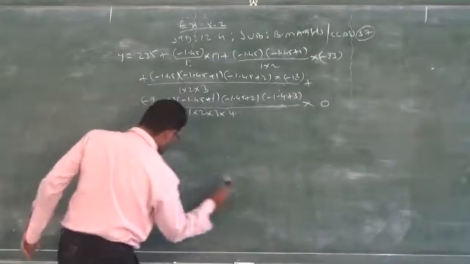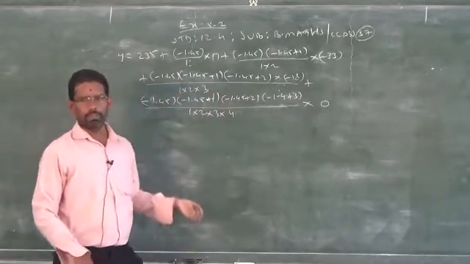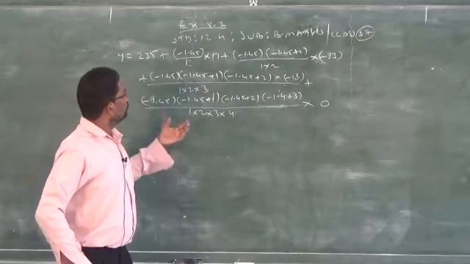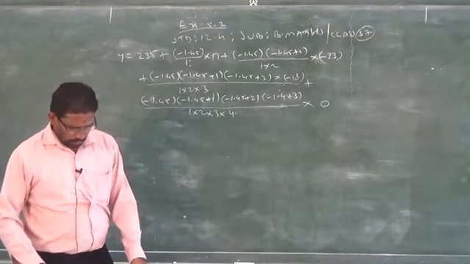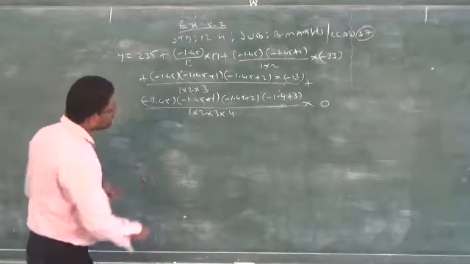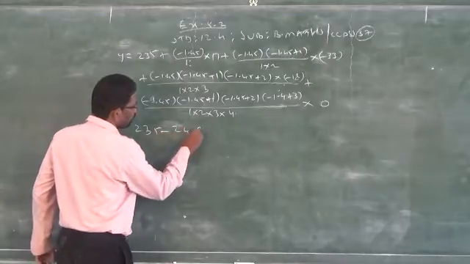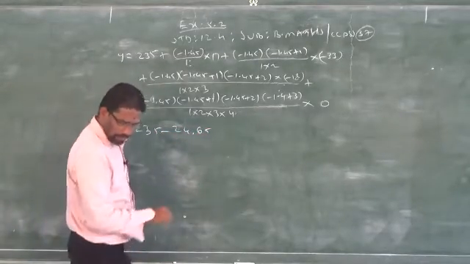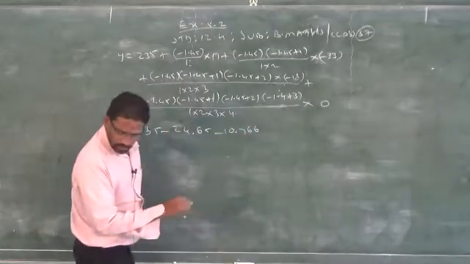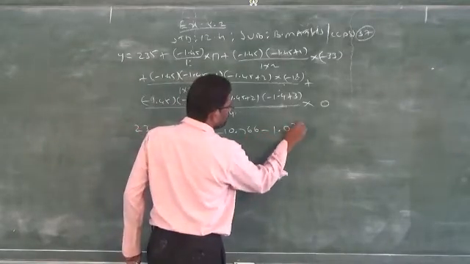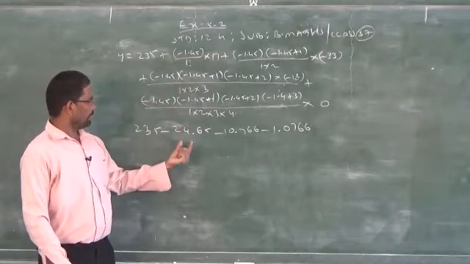If it is in the regular class, then you may have time to complete it with the help of the calculator. Clear? But in these YouTube classes, you have to work out these problems with the help of the calculators. Once you apply the calculators, you will get the answer step by step: 135. I will write down only the final answer: minus 24.65, minus 10.766, then minus 1.076.